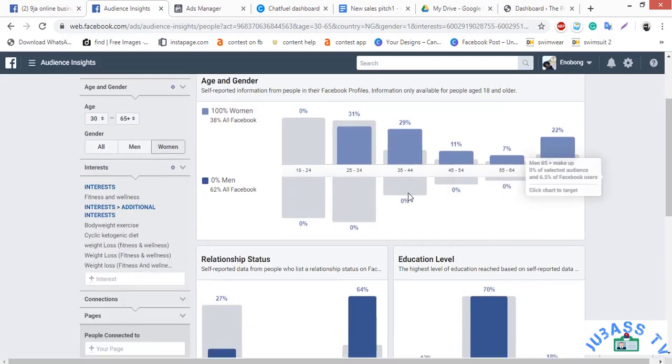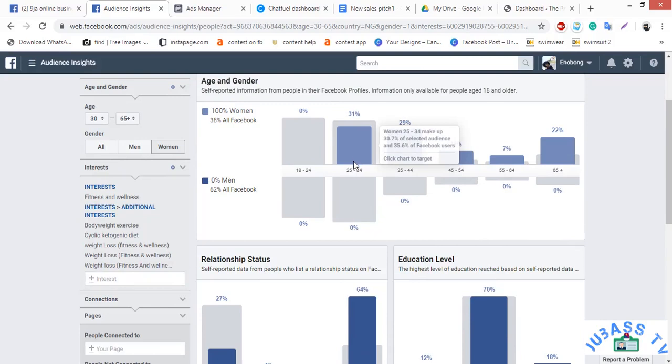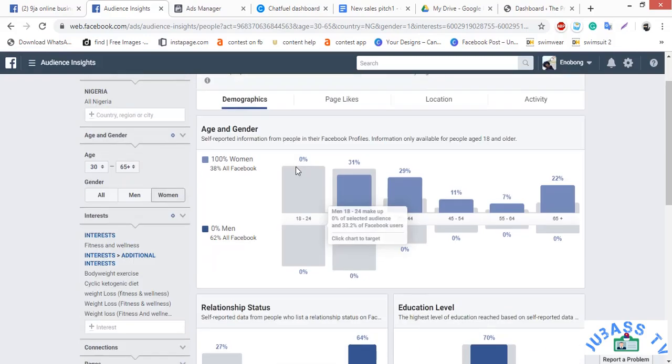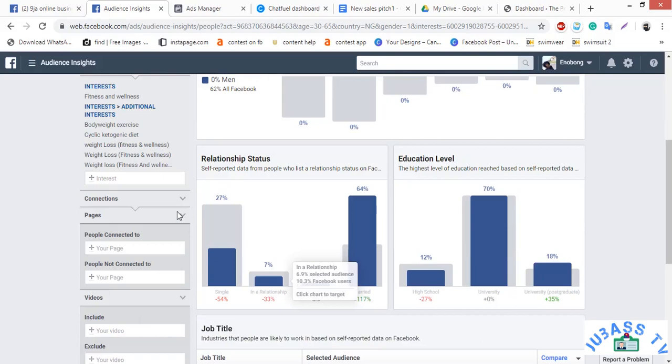All right, so as you can see, this is the demographic of women who are interested in weight exercise, ketogenic diet, fitness and wellness, body weight exercise. 25 to 65 and above, or rather 30 to 65 and above.